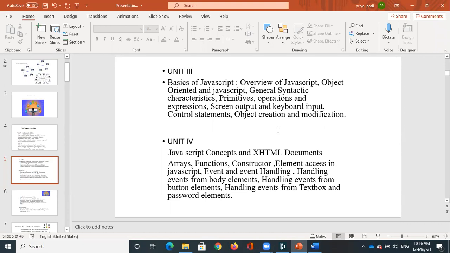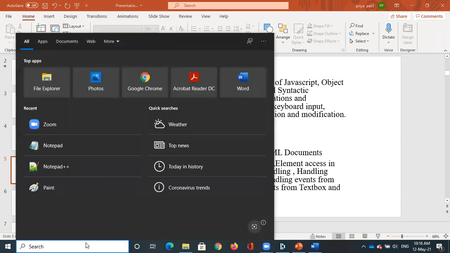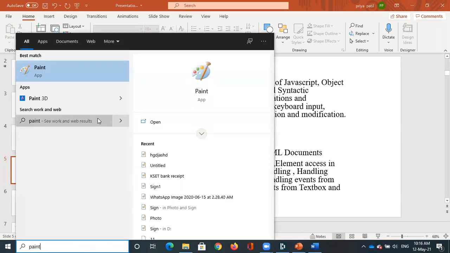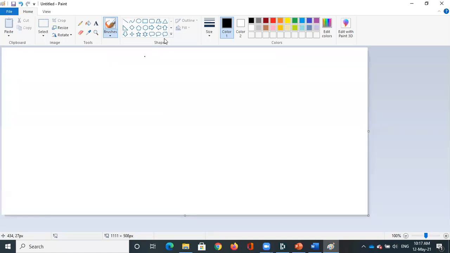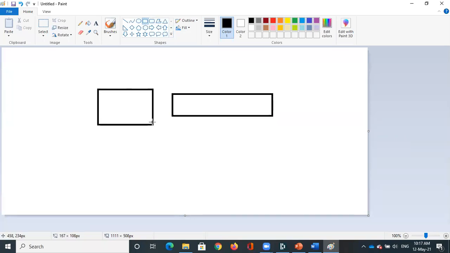Basically, JavaScript is used for validation purposes. Let me give a simple example. Consider this as your web application, or you have opened a website, and here you have a text box where you're going to enter phone numbers.